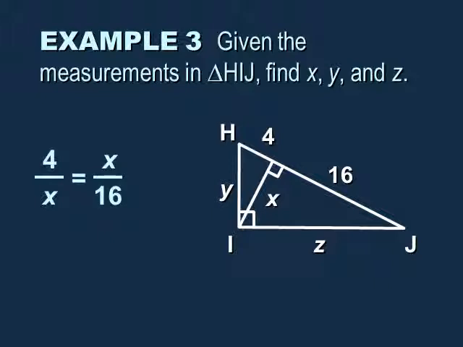When you're talking about the altitude, we know it's the geometric mean, so 4 is to x as x is to 16. We're going to cross multiply and take the square root, and we're going to take the positive root, again, because it's between 4 and 16, and we have 8. So now that we have that value,